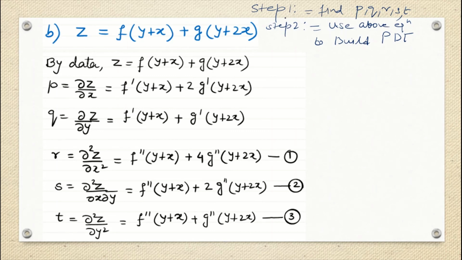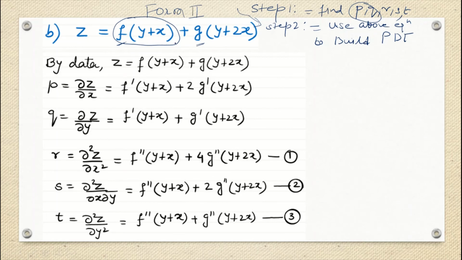Okay, so only two steps are needed. But before that, how will I understand that I have to go for these two steps? Because this is form 2 of building a partial differential equation by eliminating arbitrary functions, where I have two functions given. When two arbitrary functions are given, I have to go for the second order partial derivative. Suppose only one function was given to you, either this or this, then you just had to find p and q, that's all. You didn't have to find r, s, t also. Correct? I think the concept is clear now.